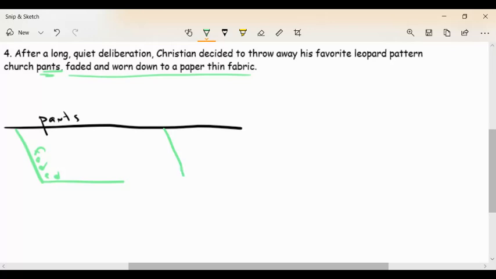So I'm going to bring that guy and I'm going to bend him. If I'm going to treat worn as a single verb, worn, but I'm going to put the word down. No, I figured it out. I got it. I'm so sorry. So I'm thinking they're faded pants, but they're worn pants, and they're worn to fabric. And I was going to say down